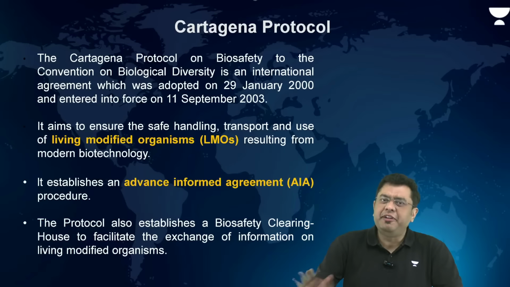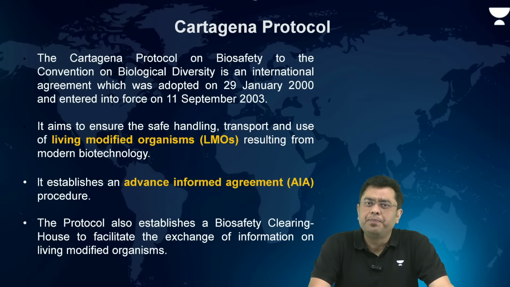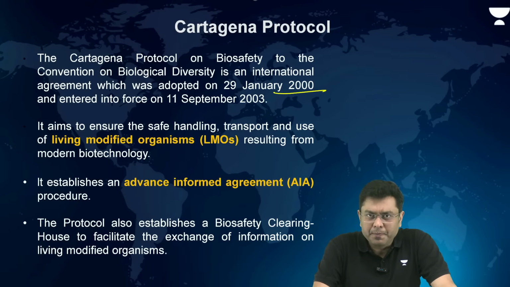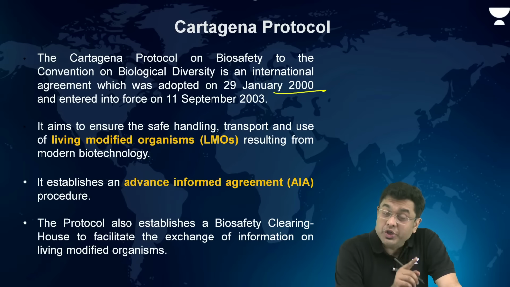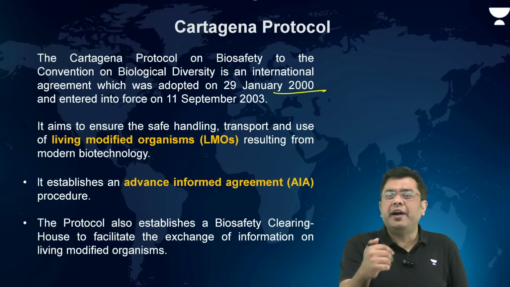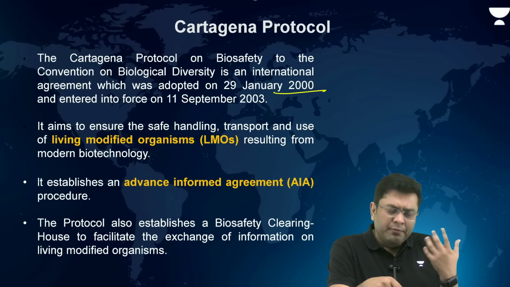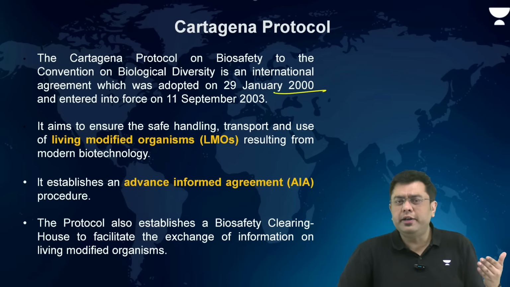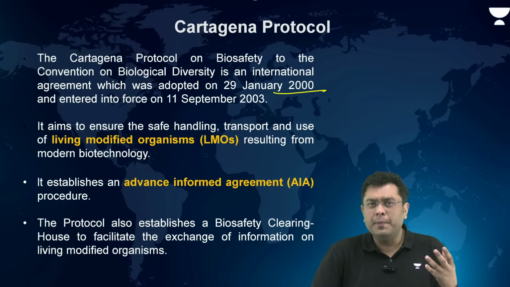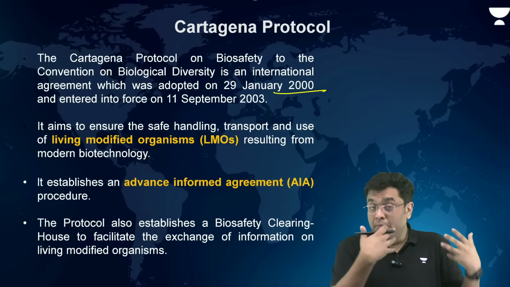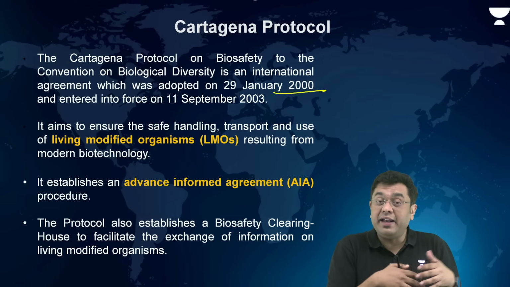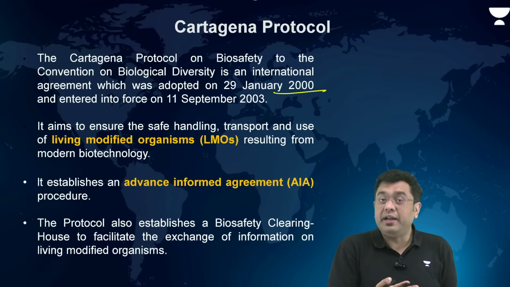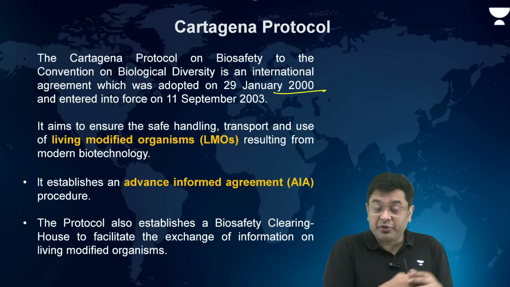Now, individually, if we take a look at it, Cartagena Protocol. So, Cartagena Protocol was something which was adopted in 2000, right? Now, to ensure the safe handling of living modified organisms. For example, due to the development of biotechnology, you have various different genetic modifications which are done to the plants, to the animals, and so on. Now, these plants or modified animals, genetically modified animals like, let's suppose, a liger. Now, if you introduce them into the wild, they can wreak devastation. They can impact the other species as well.